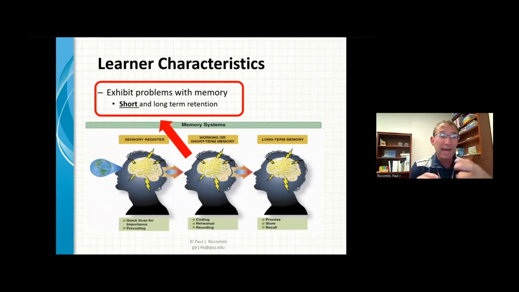Working memory has a limit or a capacity. Once it gets overloaded, did you use the word overload? Give yourself a check if you used the word overload.